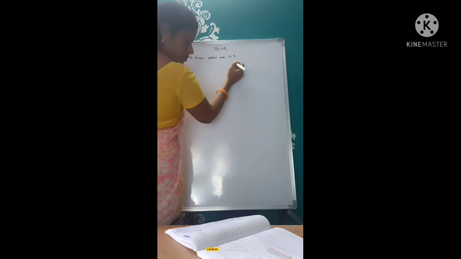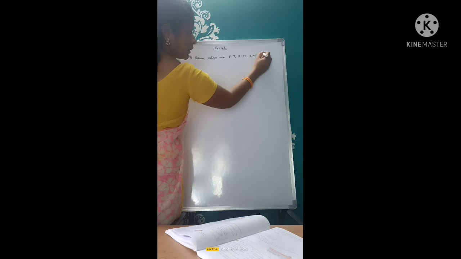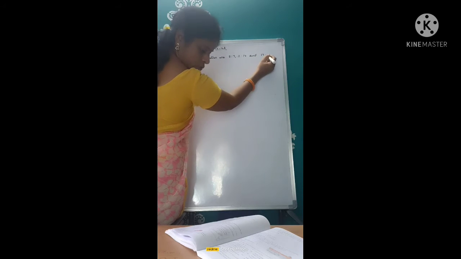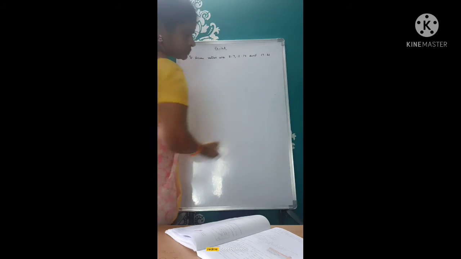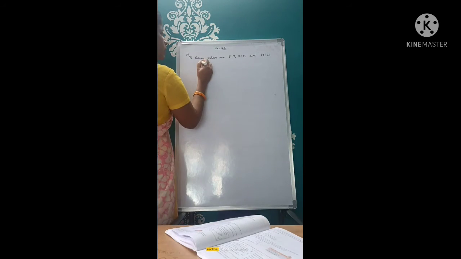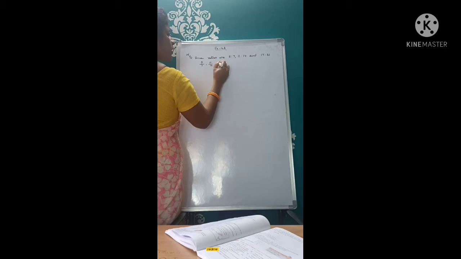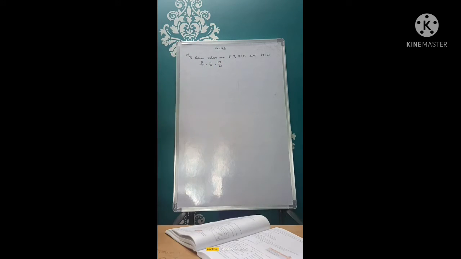5:7, 11:14 and 17:21. Okay, so first of all you have to convert the given ratios into fraction form. 5/7, 11/14, 17/21. So here we have to check the given